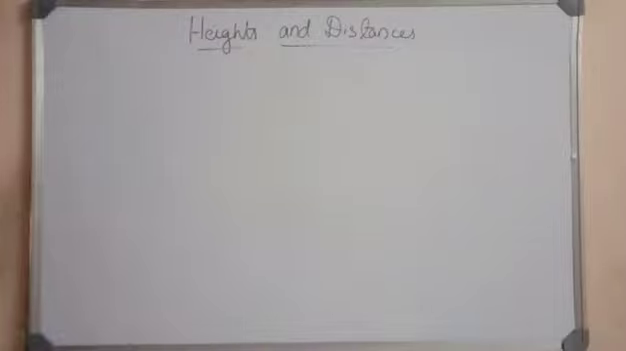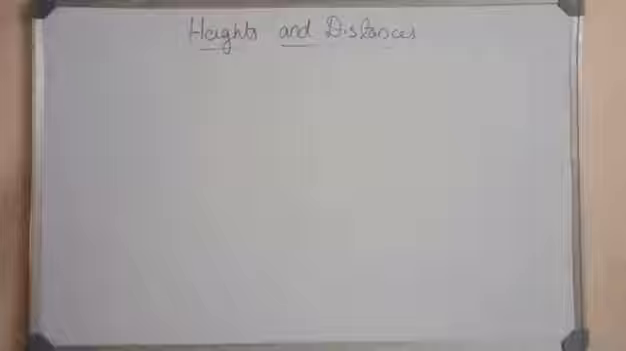Hi everyone, welcome back. Today let's study about heights and distances. This chapter is the continuation of trigonometry, and by using the application of trigonometry we can find the heights and distances of objects. For that, first let's understand the two keywords, that is the angle of elevation and the angle